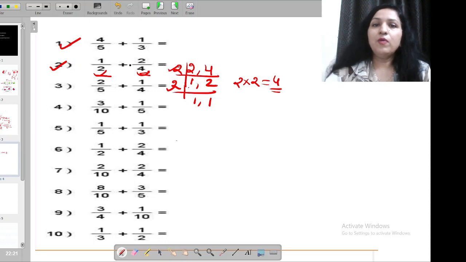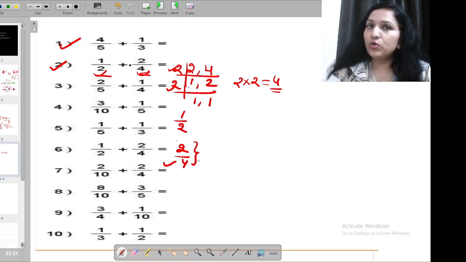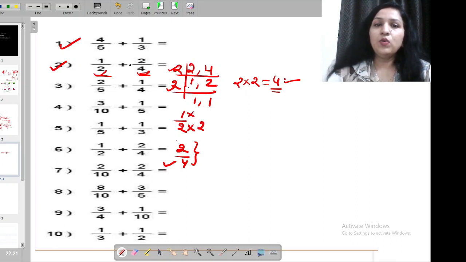After finding the LCM, the denominator of both the fractions has to be same. First fraction is 1/2, another one is 2/4. This fraction is already having the denominator 4. I need not do any conversion. First fraction has the denominator 2. So 2 has to be converted to this LCM 4. In the table of 2, where do we get 4? At 2 times. So 2 down and 2 up. 1 multiplied by 2 is 2 and 2 into 2 is 4. So first fraction is converted to 2/4. Another one is already given 2/4. Let us add them up.